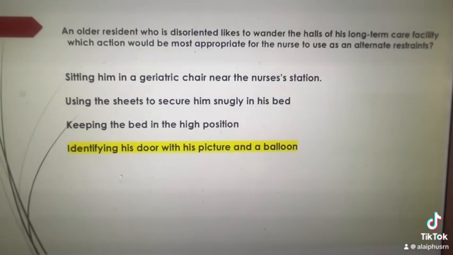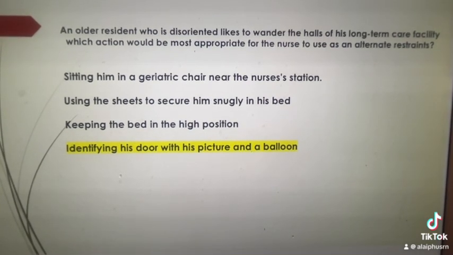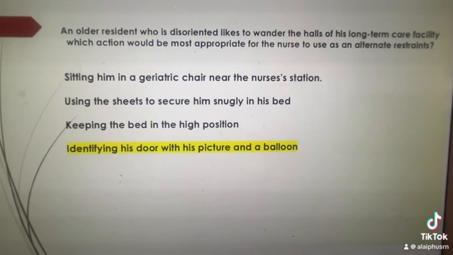Moving forward, this will be our multiple choice for the day. An older resident who is disoriented or confused likes to wander the halls of his long-term care facility. Which action should be most appropriate for the nurse to use as an alternate restraint? Option 1, sitting him in a geriatric chair or geri chair near the nurse's station. Now, this is